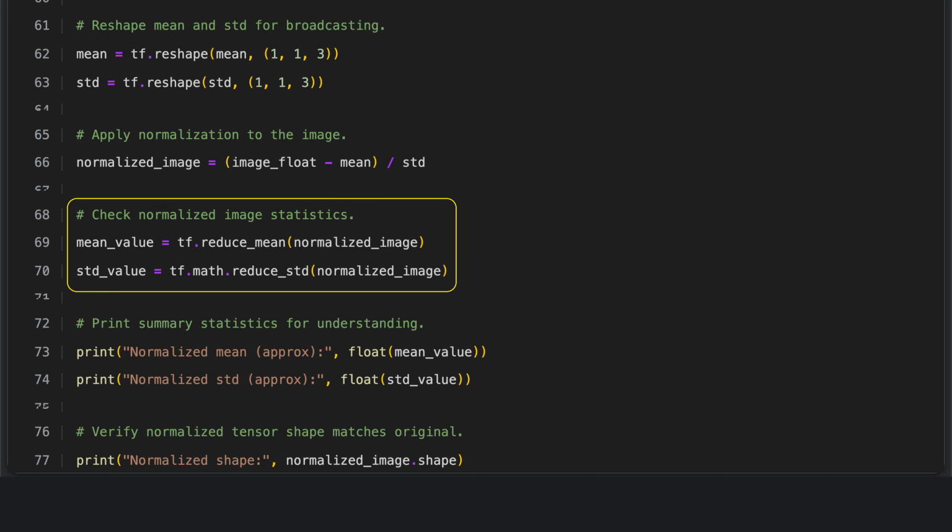To check the statistics of a normalized image, we first use TensorFlow to compute the mean value across all pixels, which tells us the average intensity and gives a sense of the image's central tendency. We then use TensorFlow's standard deviation function to measure how much the pixel values vary around that mean. Together, these two statistics help confirm that the normalization process was applied correctly and that the pixel values have the